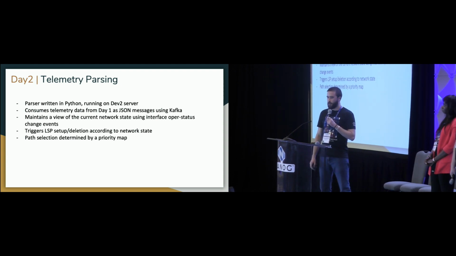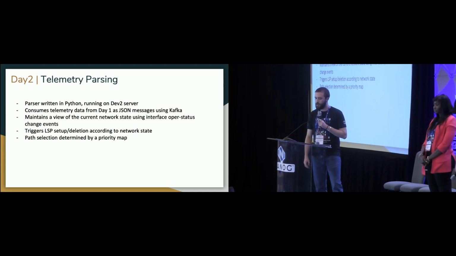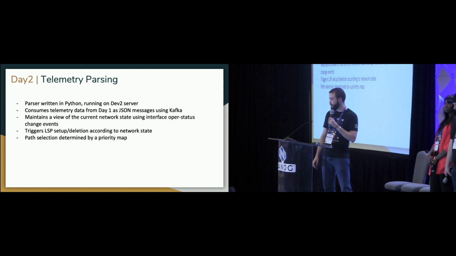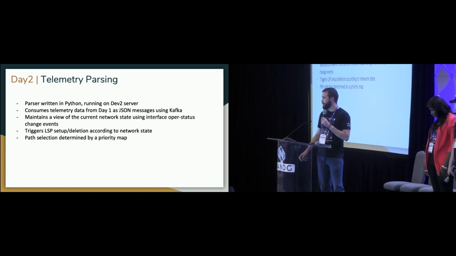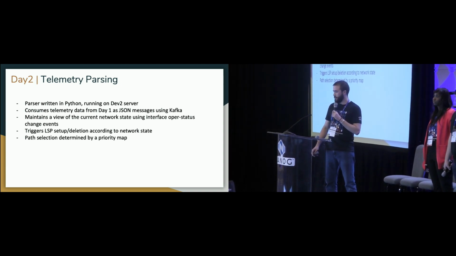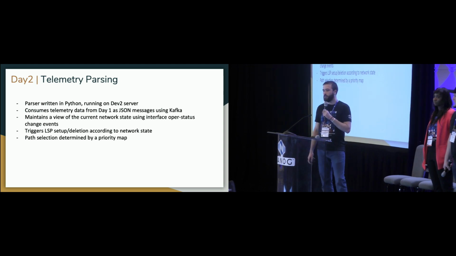So we wrote a small Python controller, which is able to read messages from Kafka and parse them in order to trigger LSP creation and removal on the fly based on interface operational status changes. We embedded a basic model of the network in the script in order to maintain a snapshot of its state over time. Whenever an interface change occurs, the event is parsed, and it triggers an update of the model, enabling some new paths and triggering path election over time.